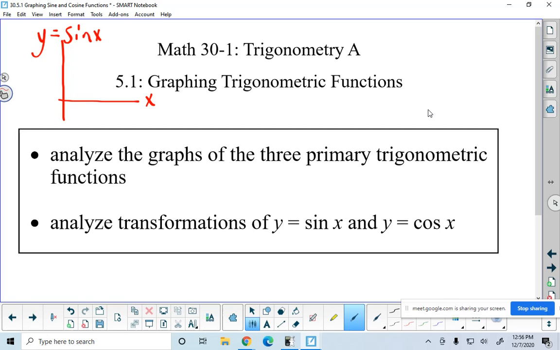But really, you need to focus on something that's important here. The x and y on these graphs are not the x and y on the unit circle. It's confusing. The y on the unit circle for y equals sine x does happen to be the y on this graph, because on the unit circle, sine of a rotation angle is y. But on y equals cos x,